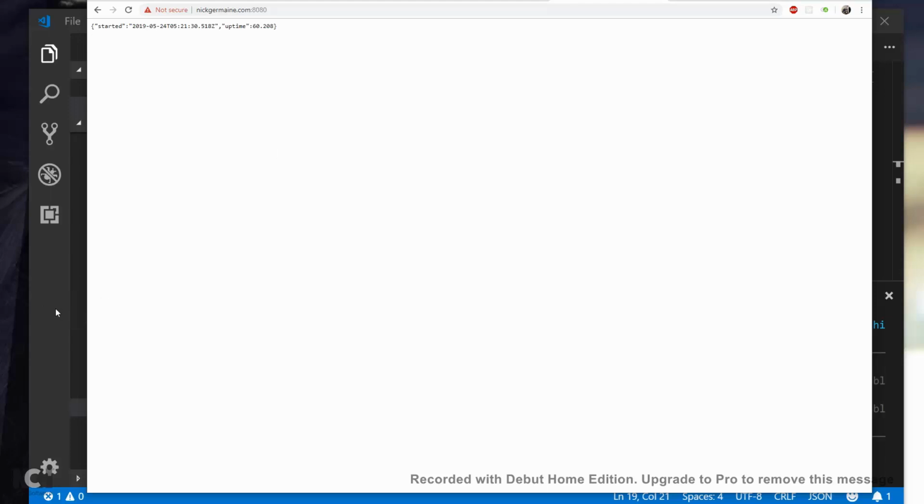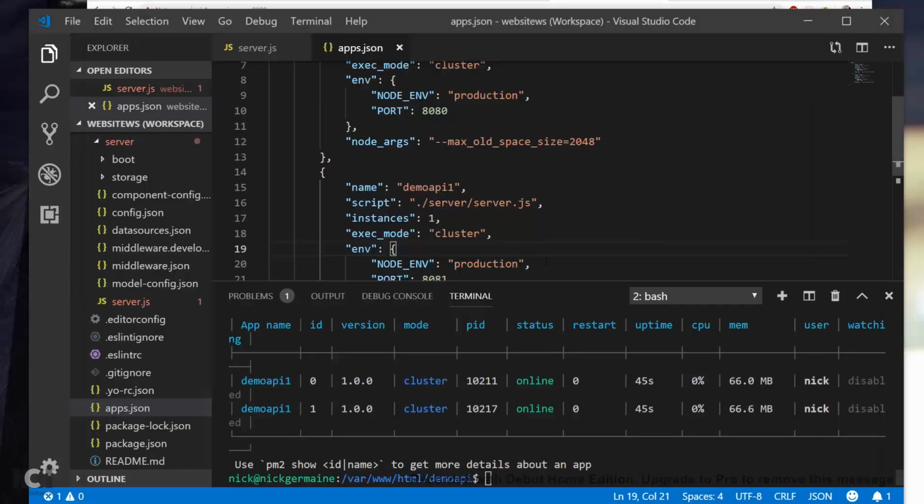So good stuff. Now Nginx is load balancing between these two servers. And the really cool thing is that PM2 can load balance on its own. So we're going to do that. Basically, we're going to load balance at two different points. So at the Nginx level, we're distributing the traffic between two upstream servers, one at port 8080 and one at